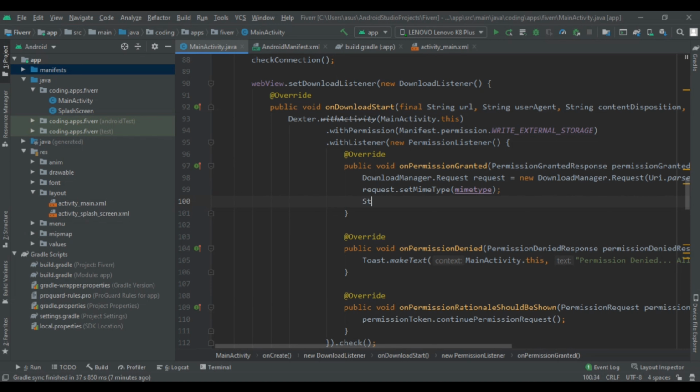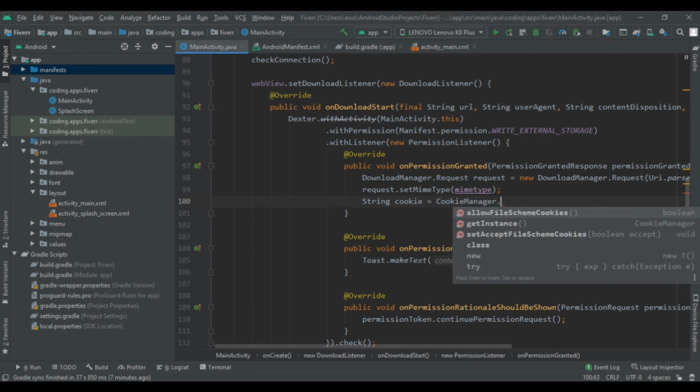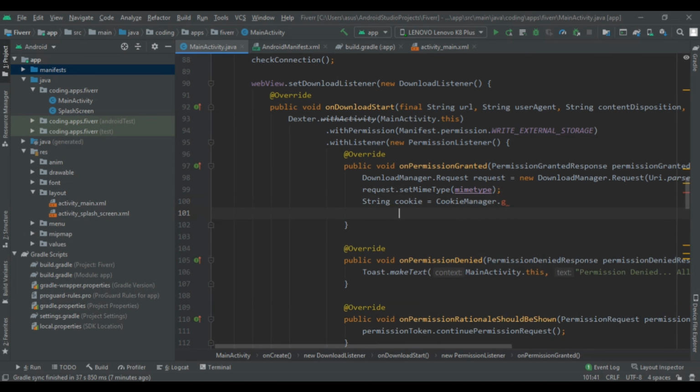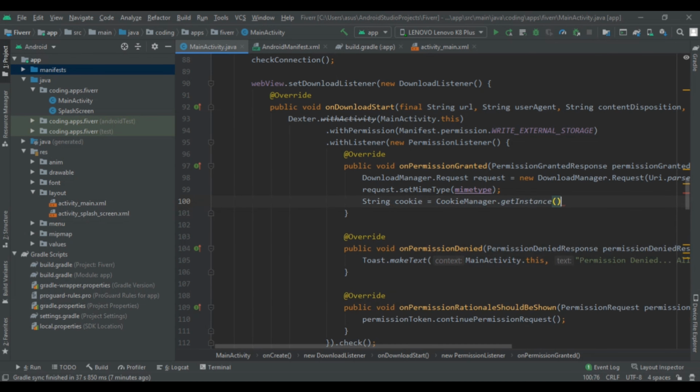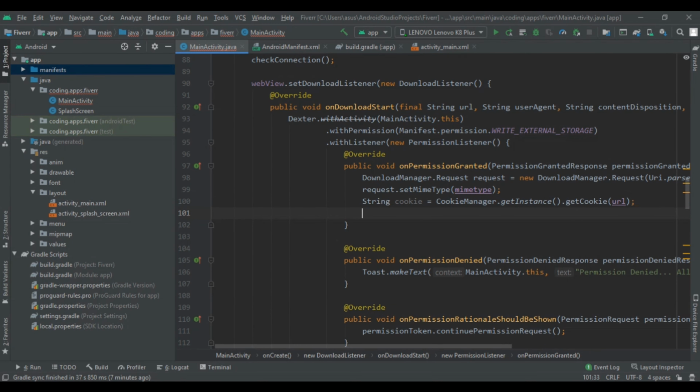So write String cookie is equal to CookieManager dot getInstance dot getCookie. Then we have to pass our URL. So all things will be automatically given. We have to just type it. Don't remember this code. It is so simple to learn in Android development. Just subscribe to this channel to learn more about Android development.